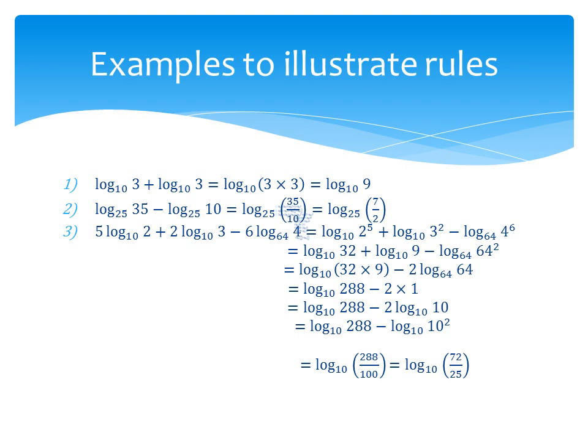You can see in the next line. So log of 32 plus log 9, the base is the same, so I can write it as log of 32 into 9. I can't combine the third thing because the base for the third one is 64. So if we write log of 64 to the base 64, same base, it becomes 1. So it is log of 288 minus 2 times 1, but 1 can be written as log of 10